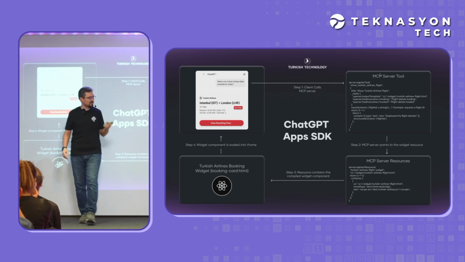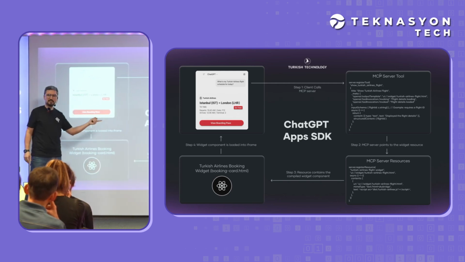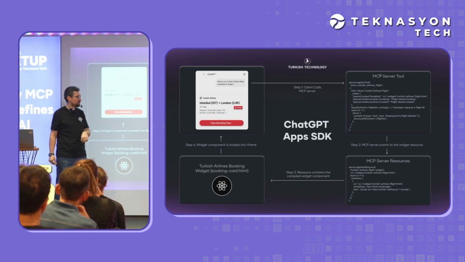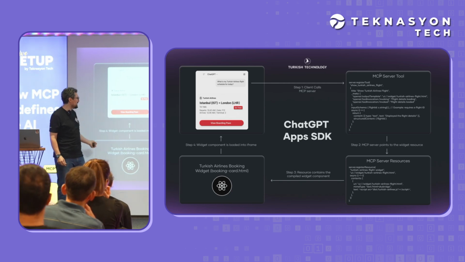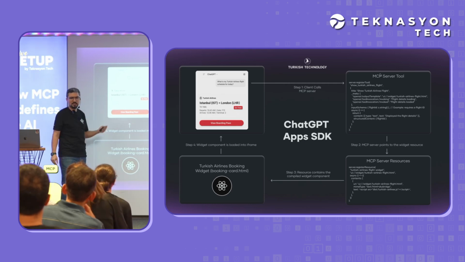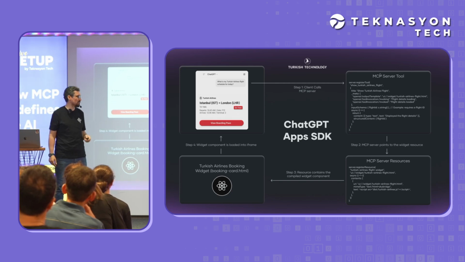And there is an external link here, if you see that. We show the Turkish Airlines flight.html. We send it to the client, and when that tool is being called by the MCP client, it fetches that HTML, and that HTML is being rendered. And what you see is your boarding pass on ChatGPT or whatever platform is going to support